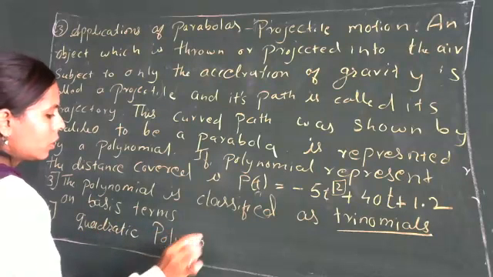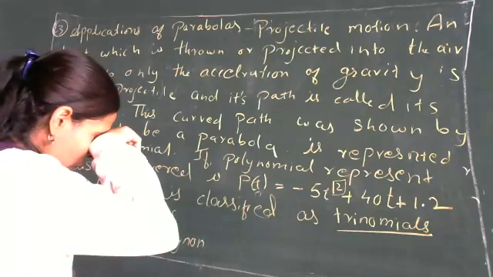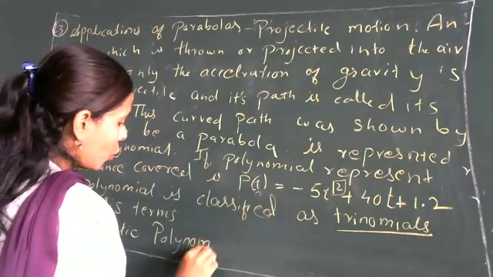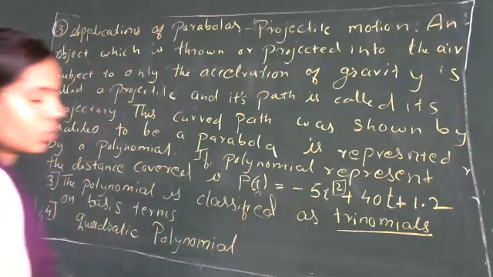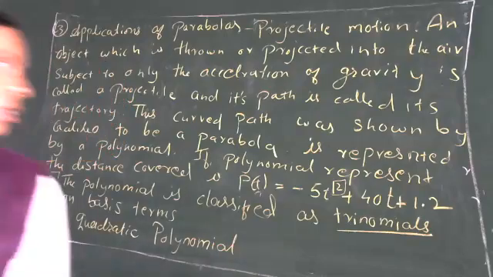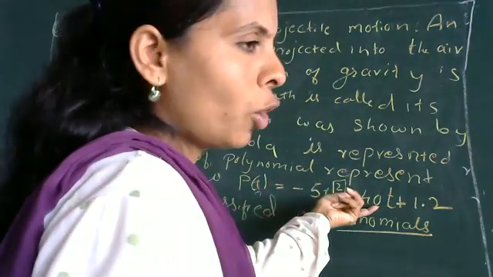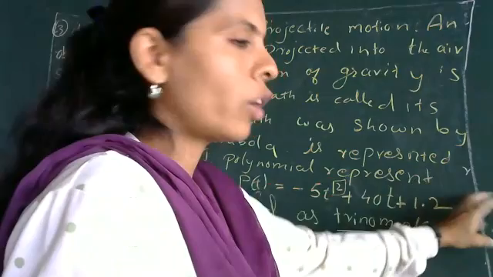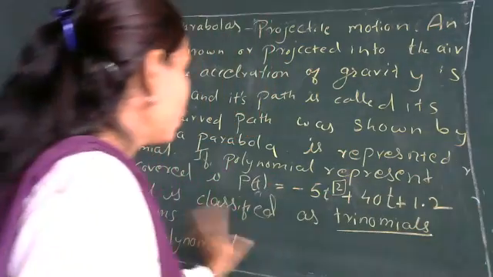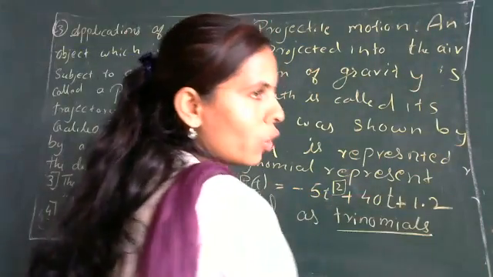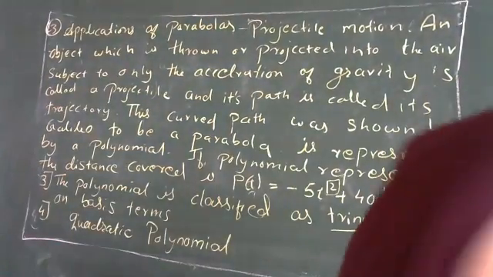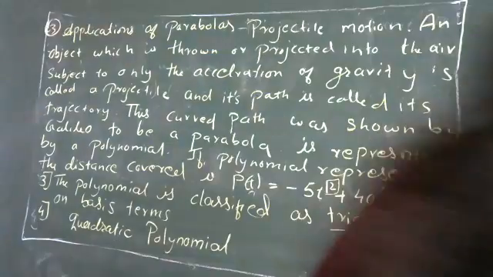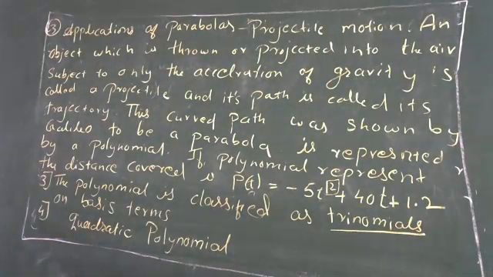Once this chapter is taught, I will tell you when we can call it a polynomial and when we call it an equation. Here we are going to say it is a polynomial. Why? Because it was not equated with anything. If we equate it to 0 or some value, then it will be taken as an equation. So here these are some questions based on case study. So first